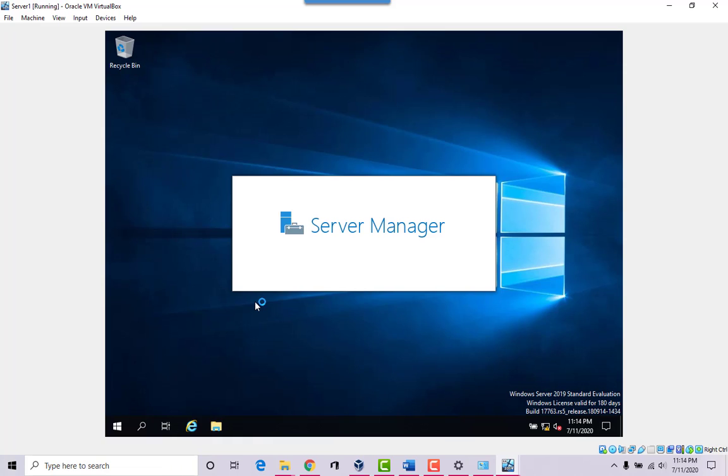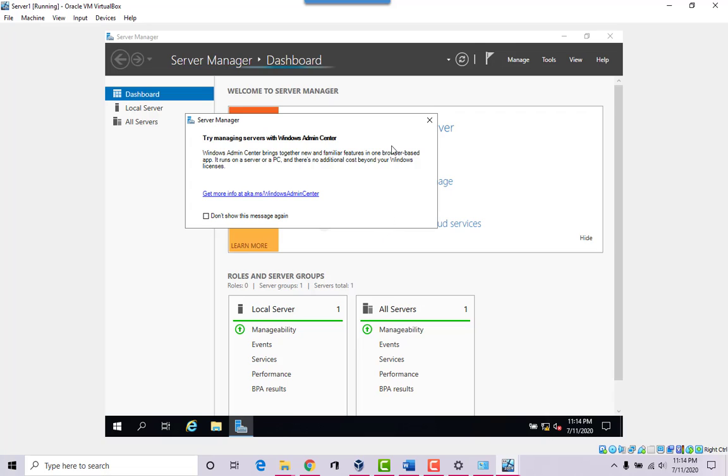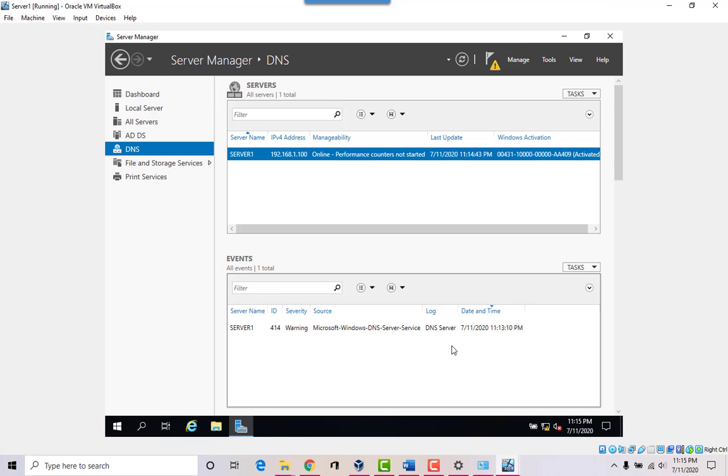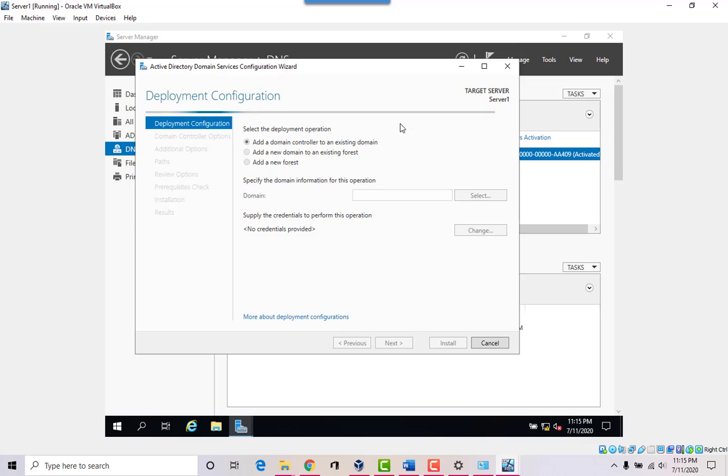Okay, waiting for the server manager to come up. Okay, we gotta try that tool. Let's see. Okay, DNS is working. Let's promote it again. A domain controller. No, this is a forest.